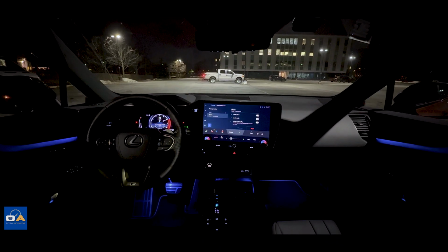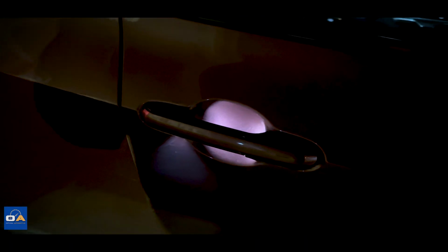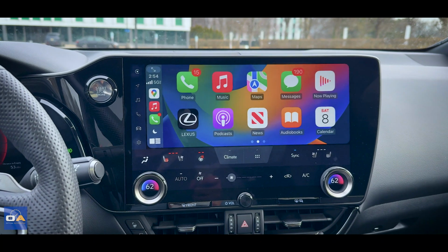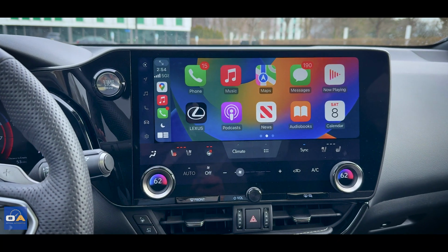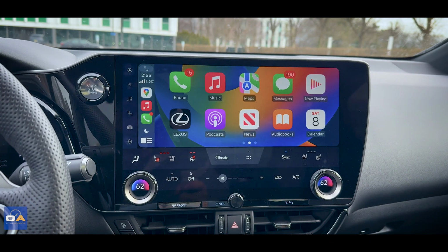that I'll cut to a clip here at nighttime just to show what the ambient lighting looks like. It's really nice. You can change the colors. Just creates a nice vibe at night. And also those cornering lights that turn with the steering wheel so you can see what's coming in whatever direction you're about to go. And that package altogether will run you an additional